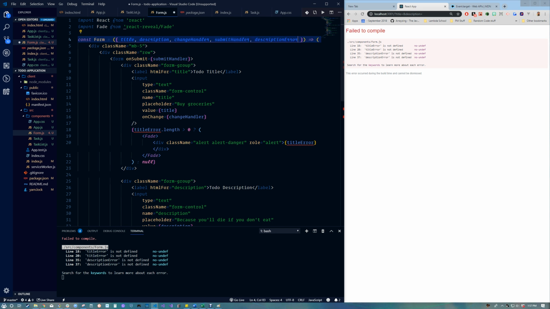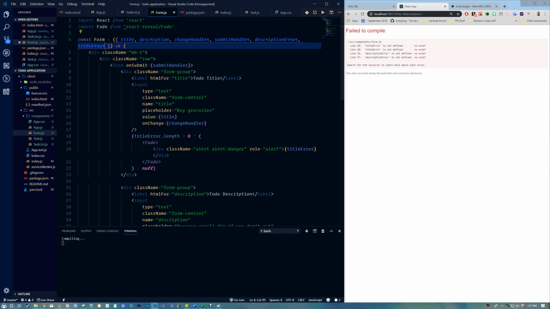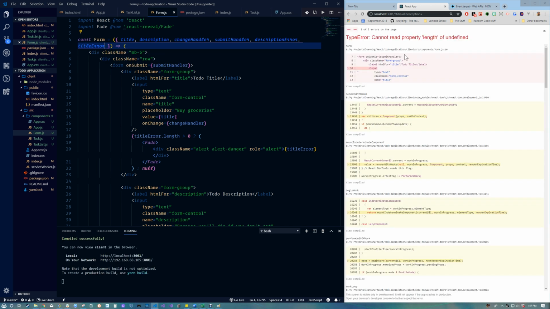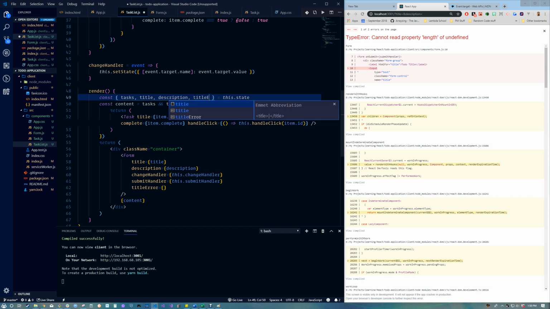Alright, so here, and title error. Okay, so we have this. It's still going to be probably broken. Yeah, so it's still going to be broken just because it doesn't really know what these two are over there. So we're going to have to add those in as well. So let's say title error, and we can also add that to our little list up here of things we're reaching in from the bucket. So title error,